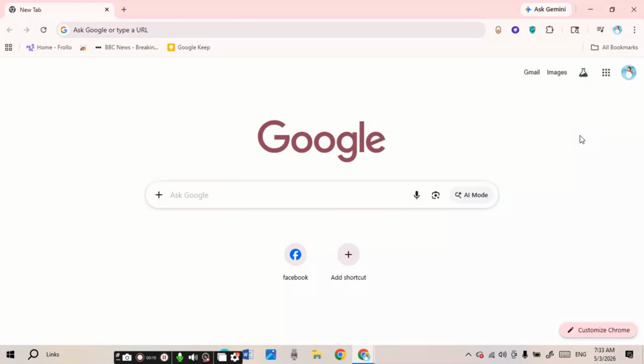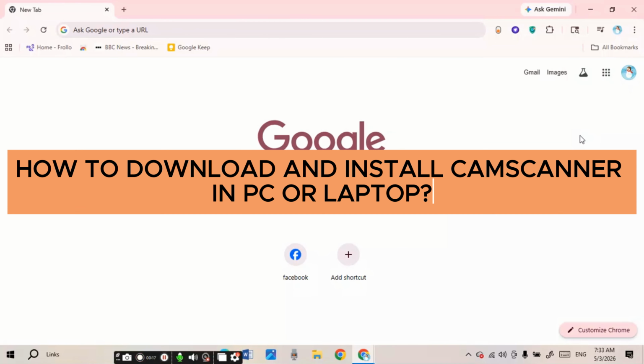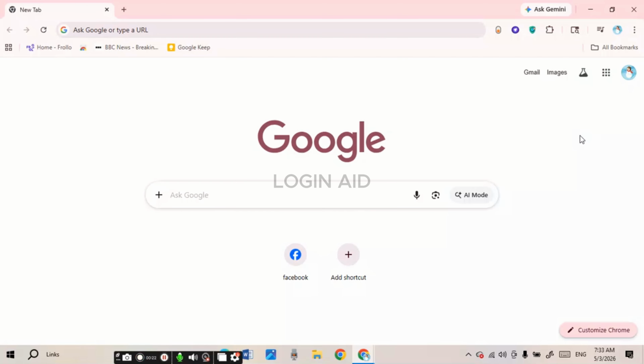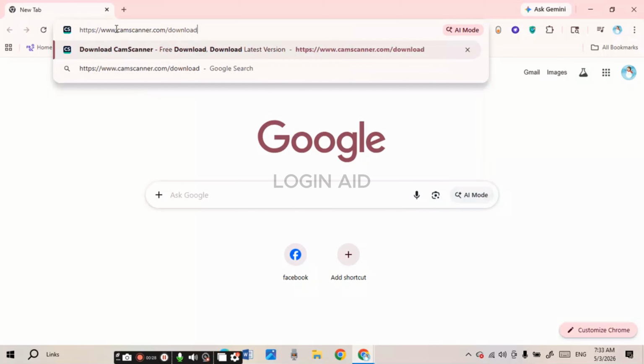In today's video, I'll teach you how to download and install CamScanner in PC or laptop. So first of all, launch, open any browser of your choice. You can see over here I've opened Google Chrome. Now click on the search bar and type in this link